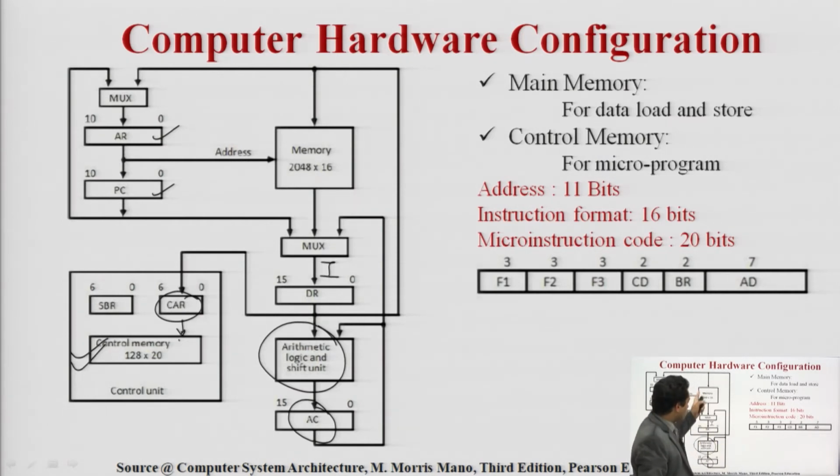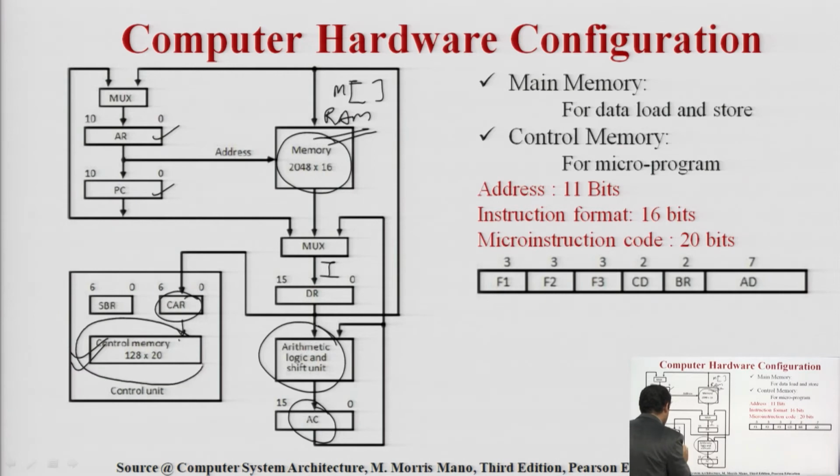So based on some numbers, like what is the size of the main memory, this is our RAM where the data is present and the data is coming from this. So generally we use memory reference structure with this symbol, and here you can see the difference between the sizes.